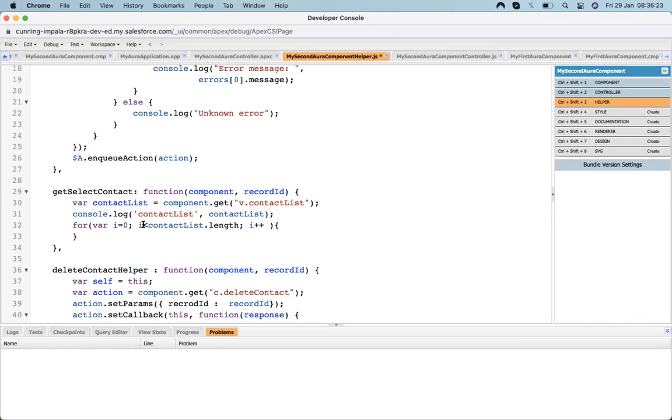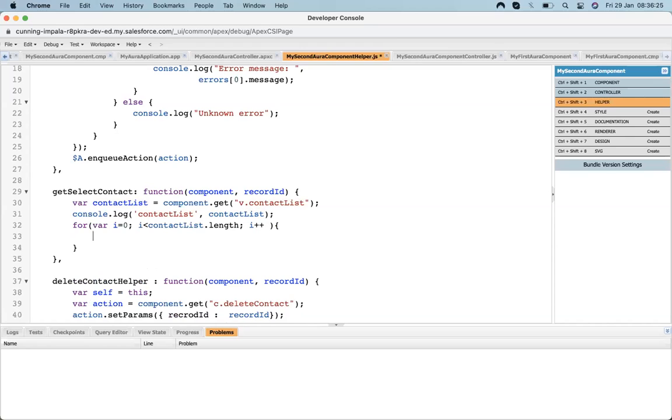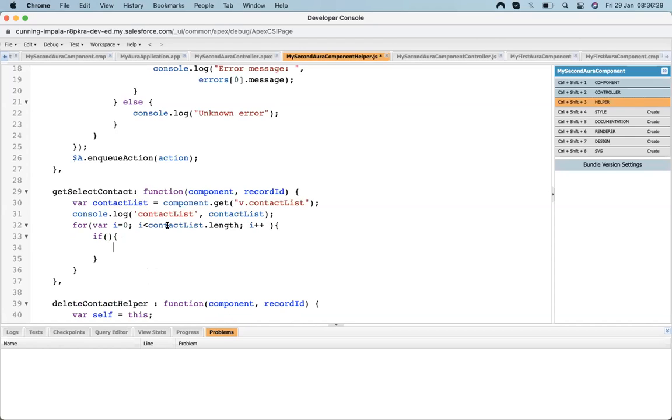In this loop I will compare the ID with the selected record ID. So contactList[i].Id is equal to selectedRecordId.